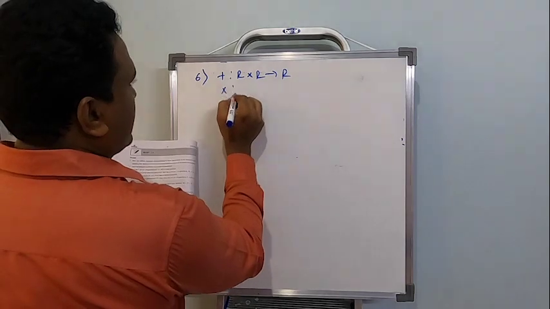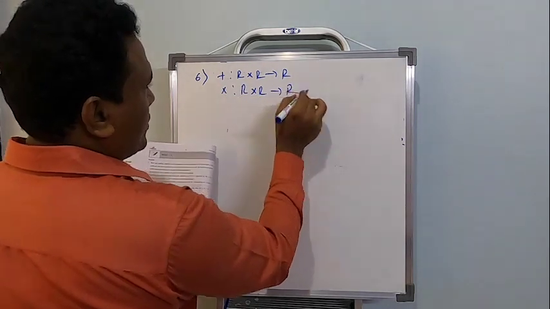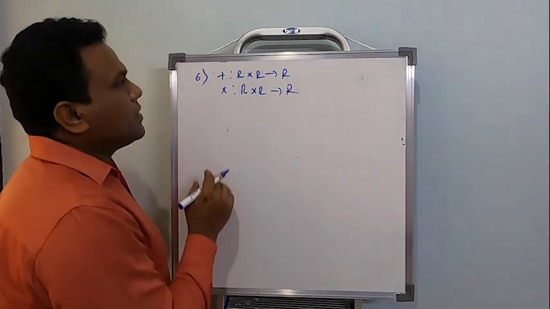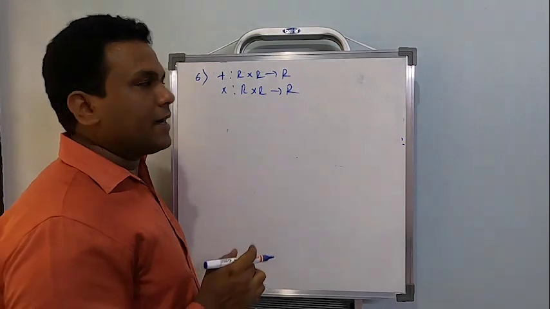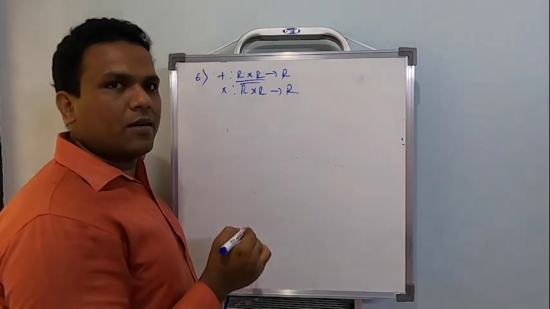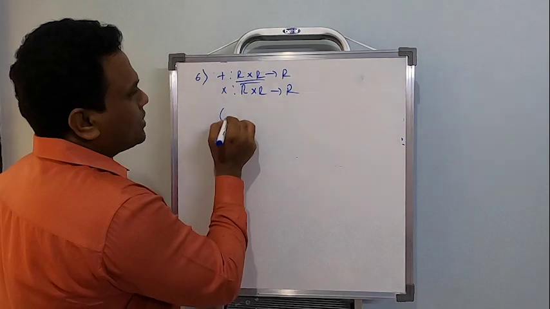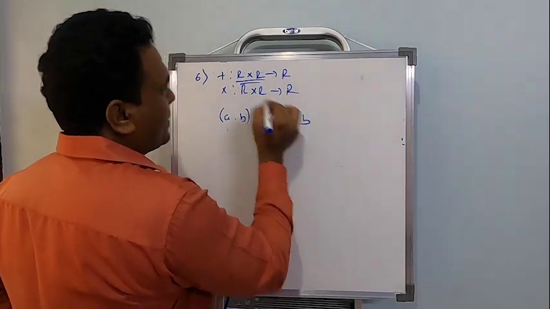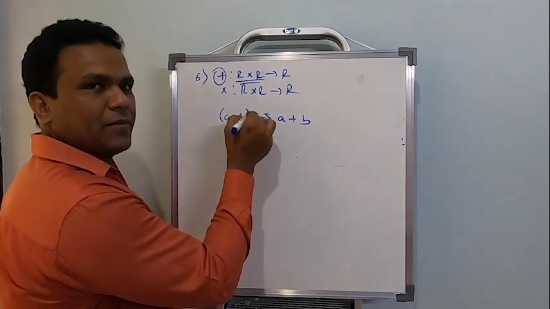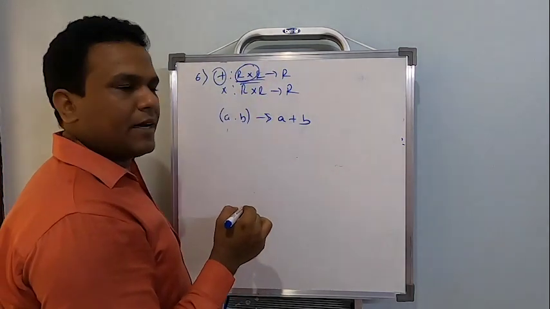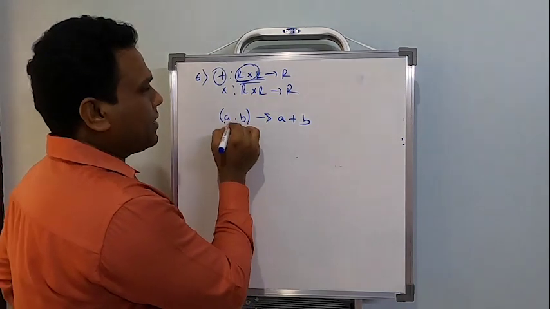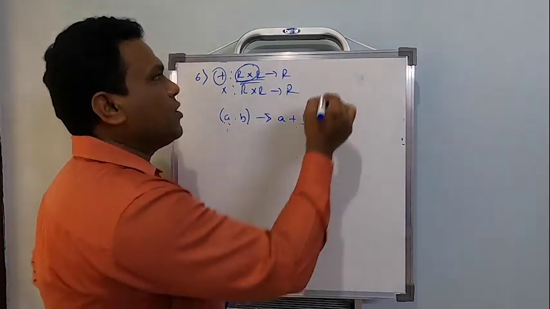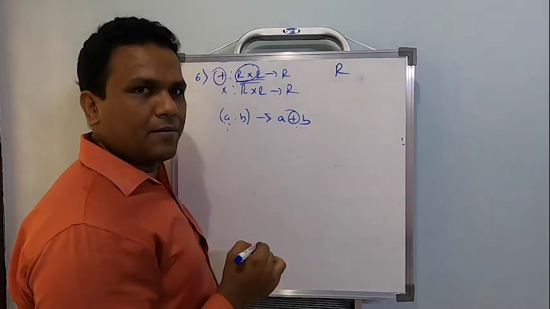So I need to check two things here. For these two operations, show that star is going to be commutative. What is the meaning of this? Addition. R cross R is ordered pairs. So it's something like this, defined as A plus B, here plus. That is the actual meaning. So take one element from here, one ordered pair, and it is replaced by plus. We have checked this enough number of times already. On the set of all real numbers, addition is a binary operation.